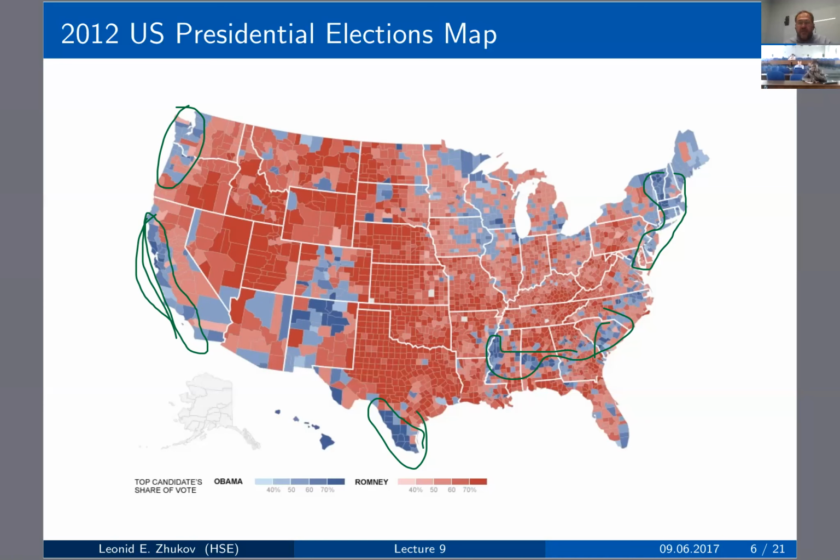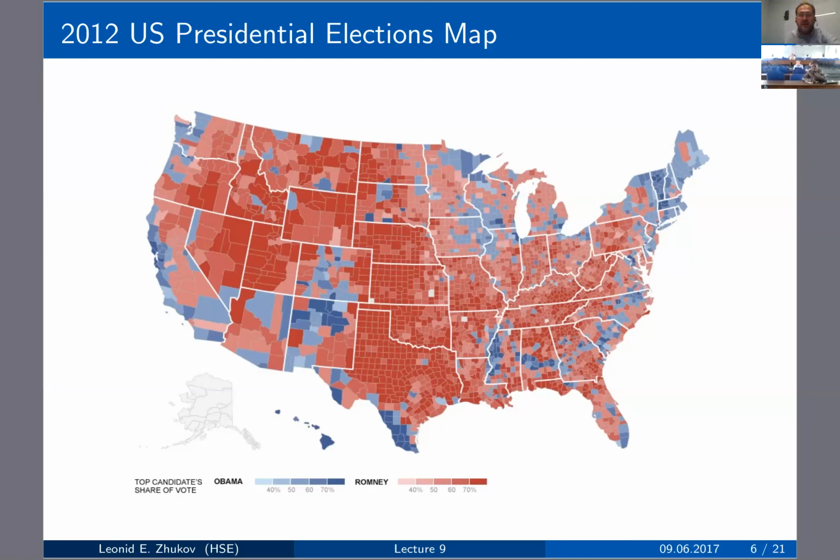So the question is, why are we seeing such a strong segregation? Do people actually have such strong preferences? Because if you talk with your friends and think about yourself, you probably don't have that strong preferences in terms of whether you're going to live next to somebody who has the same political opinion as you. How important is it for you when you're choosing the place where you're going to live?